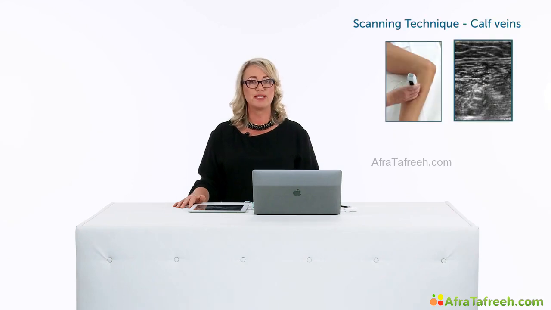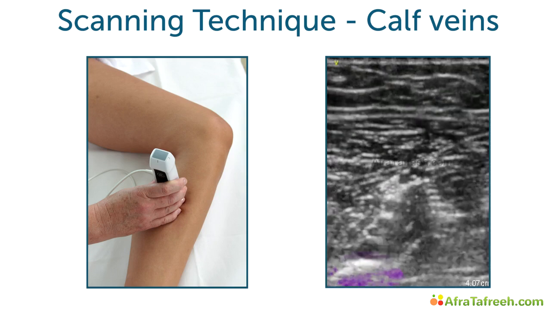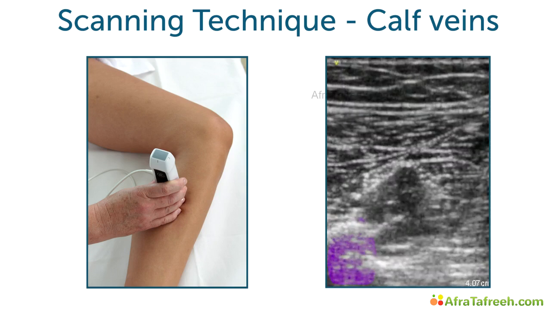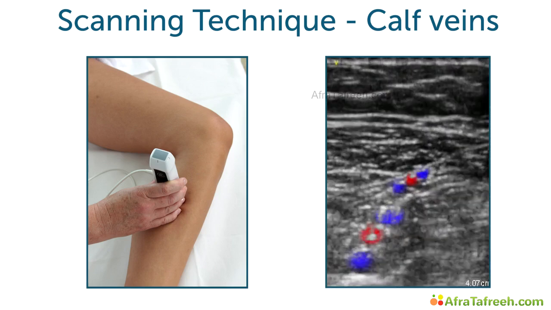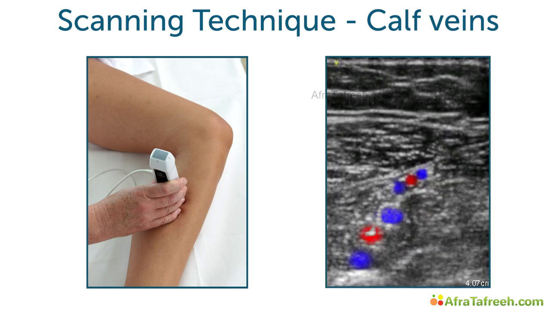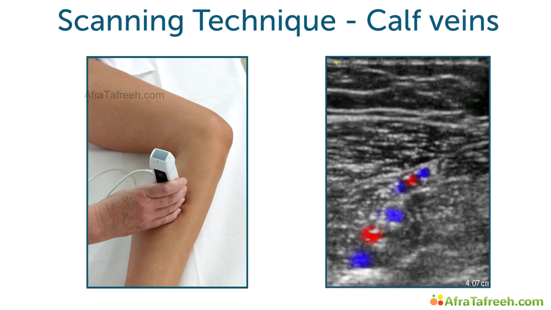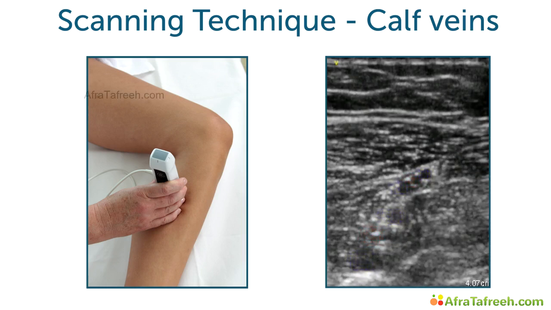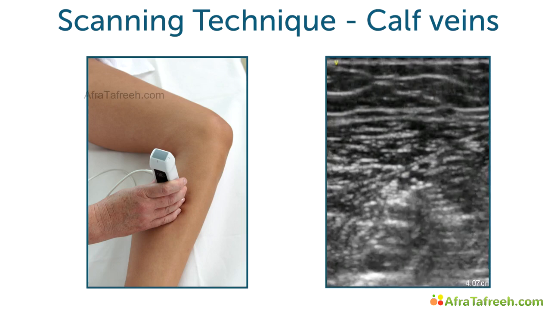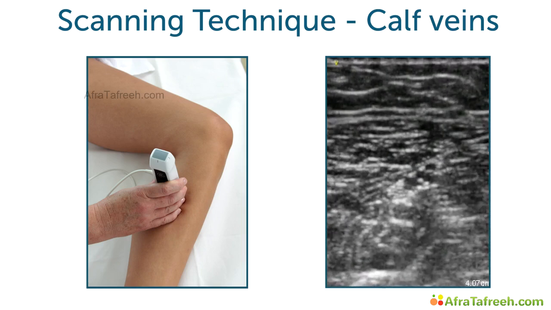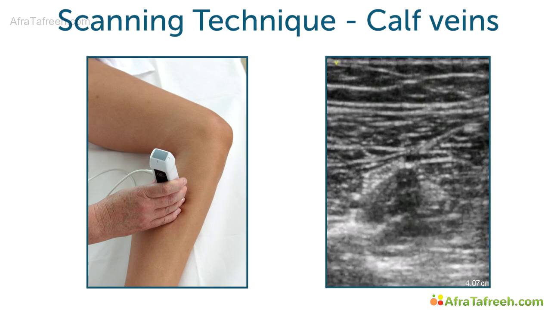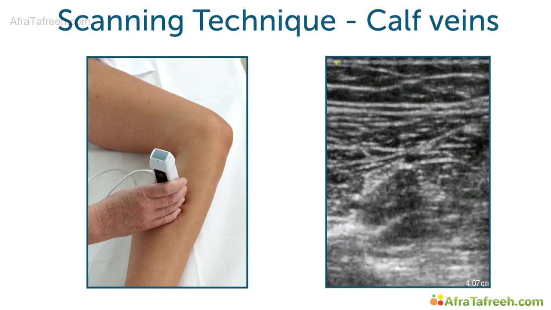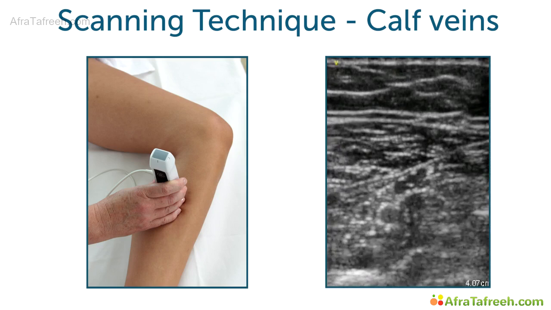Now we will move our transducer to the medial aspect of the mid-calf using the tibia and fibula as our bony landmarks to identify where the posterior tibial veins and peroneal veins lie in the leg. The veins are paired running alongside the artery in the lower calf, with the posterior tibial veins closest to the tibia and closer to the transducer,